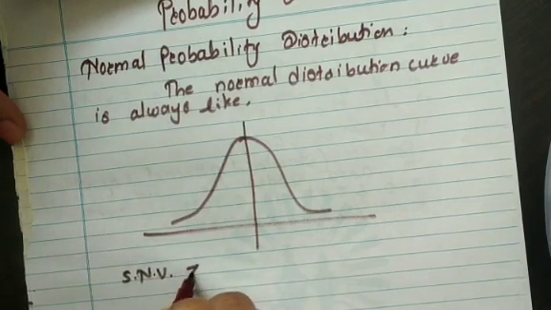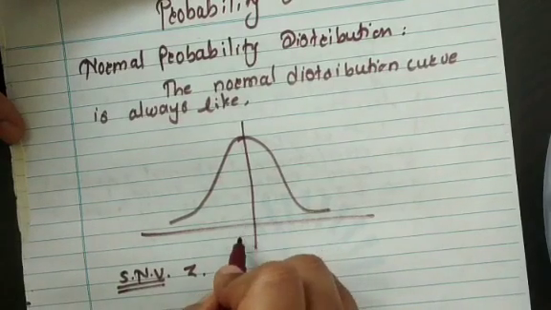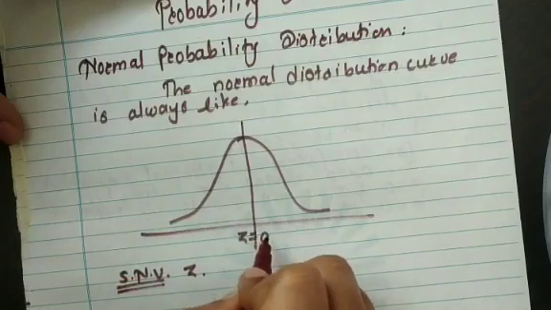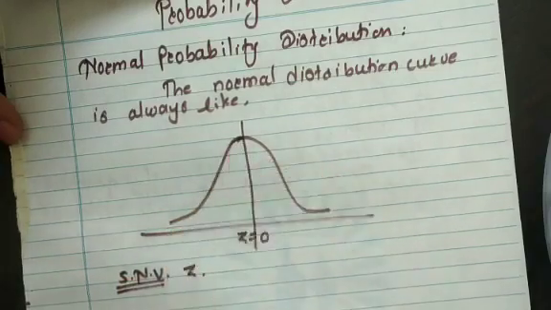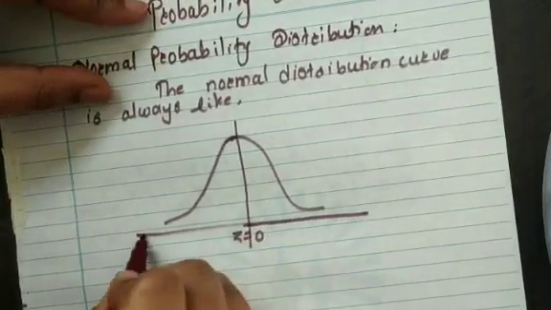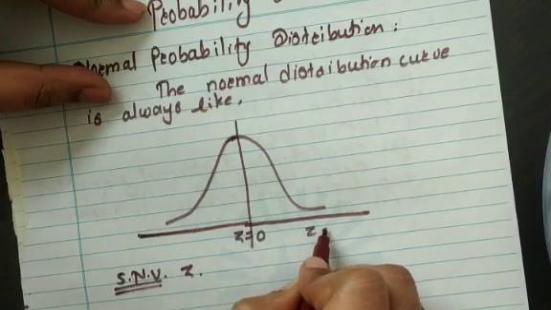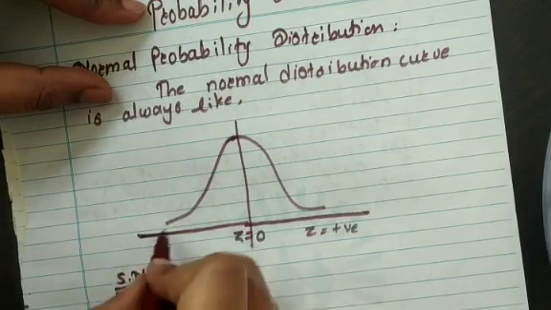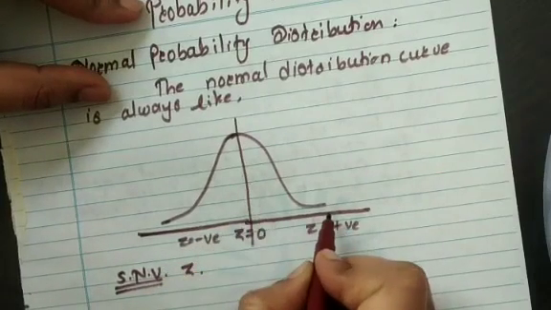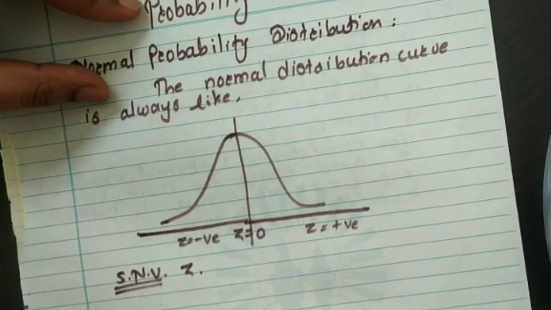and we'll denote it by Z. A standard normal variable Z we need. So if we draw the curve, if Z is 0, it will have the maximum probability, and on the right hand side, Z is positive, and on the left hand side Z is negative. If Z is positive, we'll plot on the right hand side, and if it is negative, it will be on the left